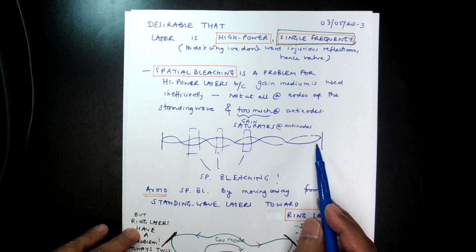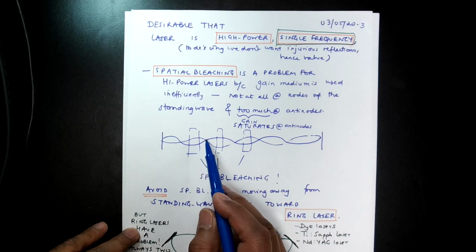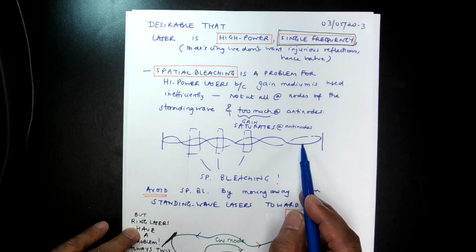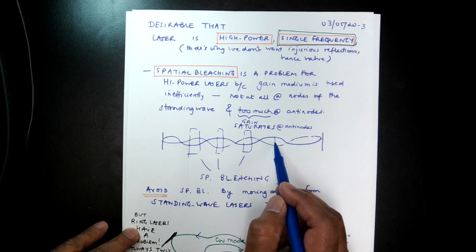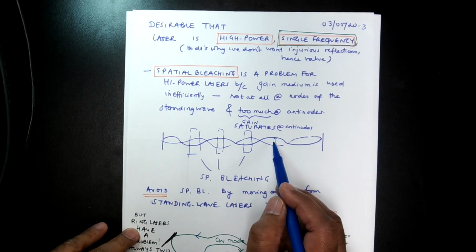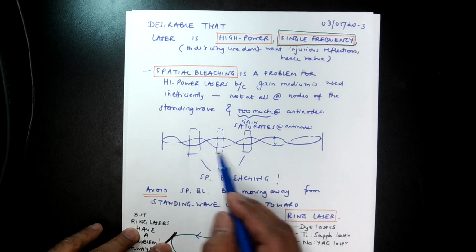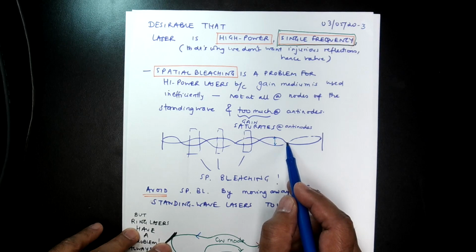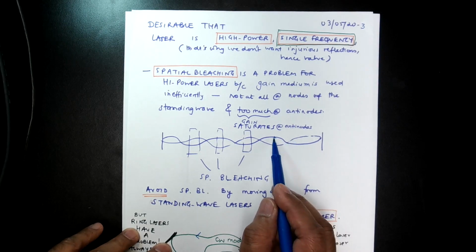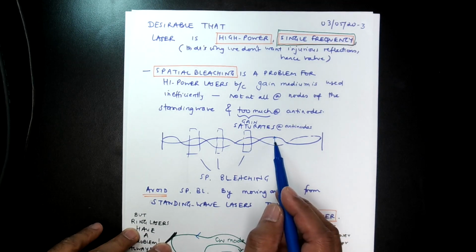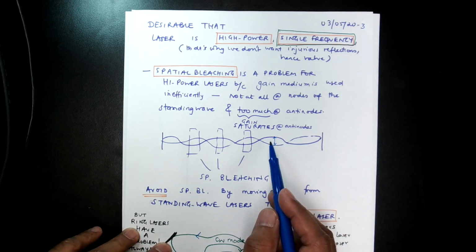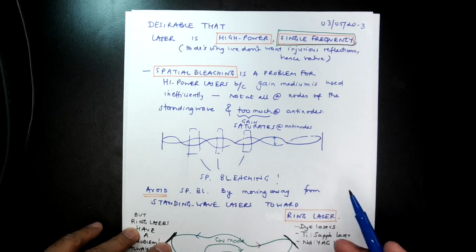And why is there a standing wave? Well, because you need an integer number of half wavelengths, right? And right where the antinodes are, that's where the field is maximum, and there's no field at the nodes. So the medium is being used very inefficiently because there are nodes here, so these sections of the medium are not being used at all. Meanwhile, these sections of the medium are being used a lot, and so gain can saturate, and we will talk about that later. But right now the key point is that spatial bleaching is a problem in high power lasers,